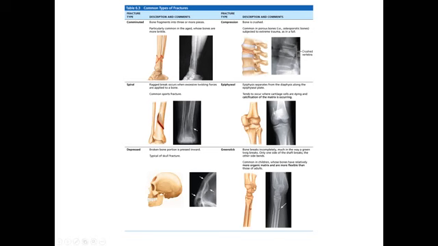Epiphyseal and greenstick fractures are typical fractures in childhood. So with a greenstick, the bone doesn't actually break through completely, just parts of it. And you can see here the epiphyseal one, where there is a break at the epiphyseal plate and they just slip apart from each other. Whilst children heal quicker, both of these fractures are not that straightforward. We need to make sure that they heal well, that they're aligned well, that there is good blood supply,